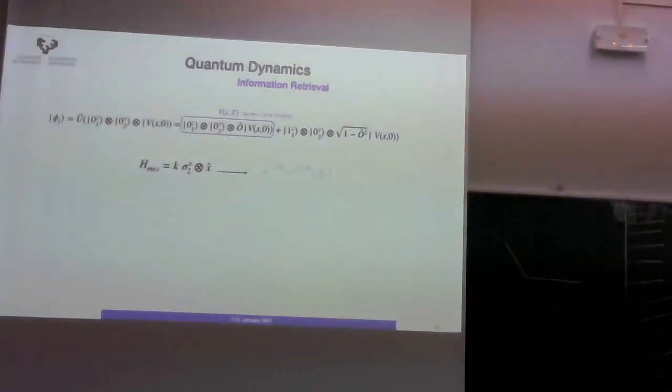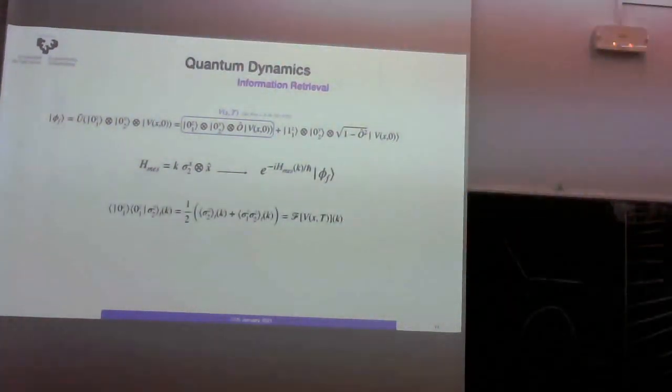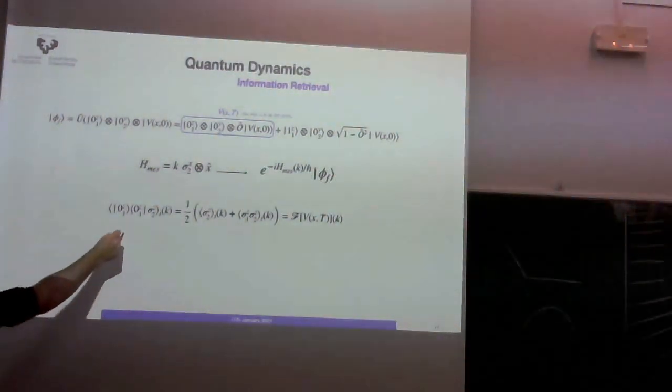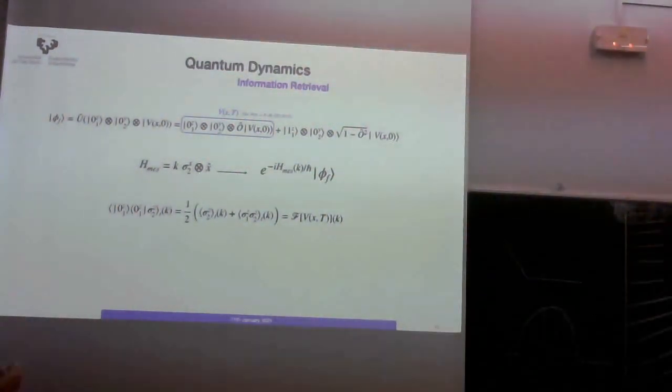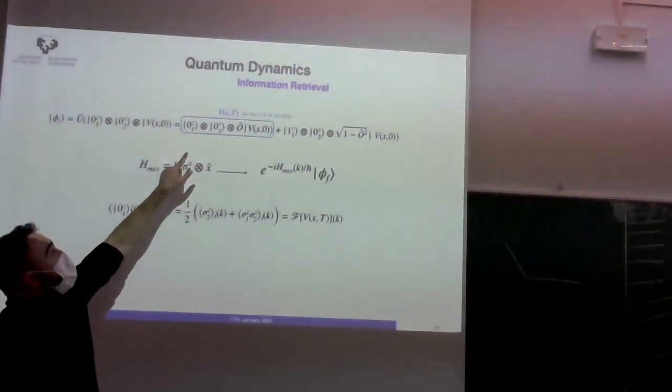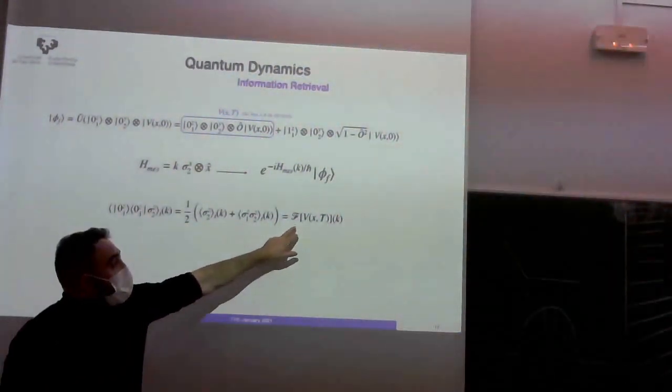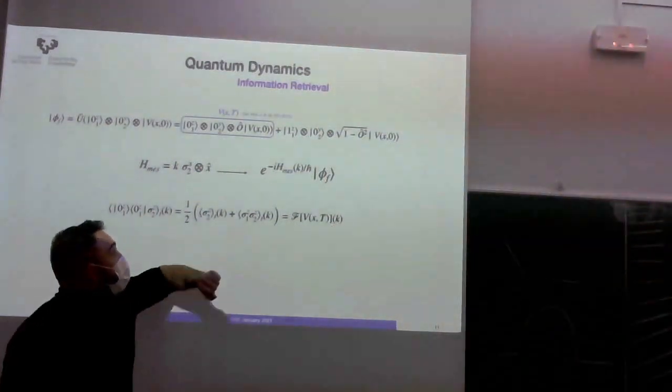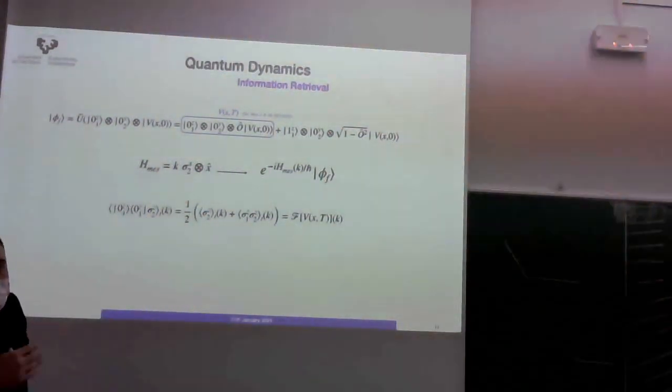Evolving the system according to this Hamiltonian, we have a dependency on this observable such that if we measure the expected value in time, it will correspond to the Fourier transformation of the function that we want to retrieve,